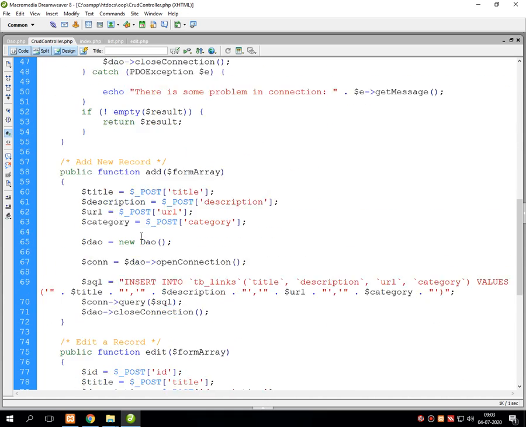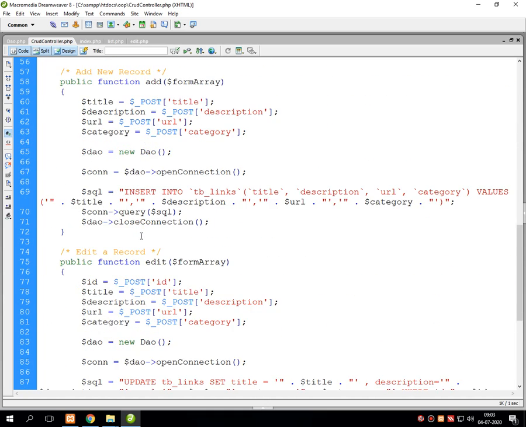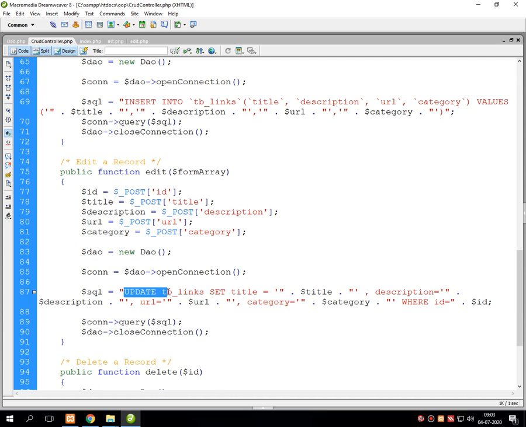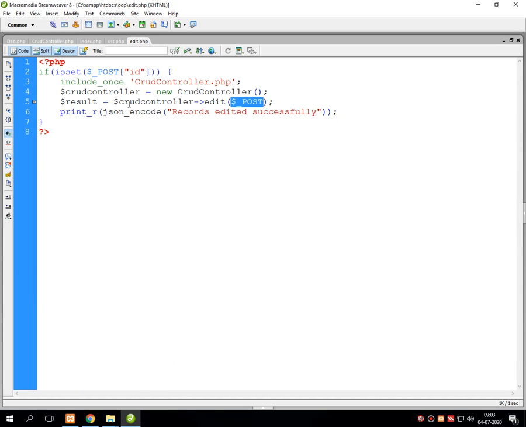Remember that we have written an update query in this function called edit in crude controller.php, which is going to be executed by the edit.php file, and lastly it will print the message that record edited successfully.